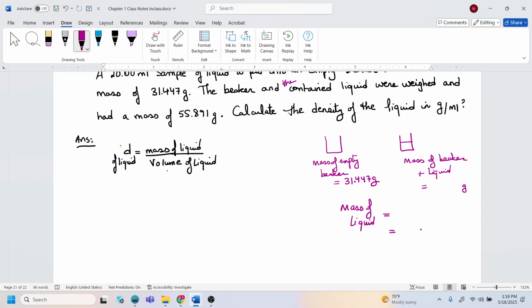So we had an empty beaker with a mass, and we added the liquid in it. Now if we mass the beaker, it's going to be the mass of the empty beaker plus the liquid in it. So it's two things, right? The mass of the beaker plus the liquid is given to be